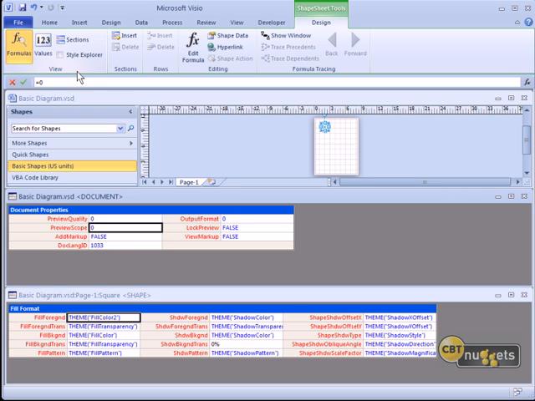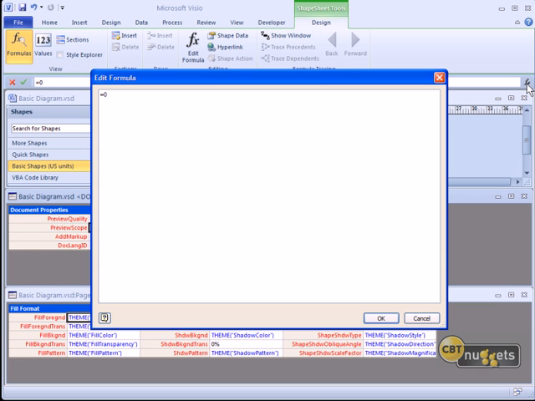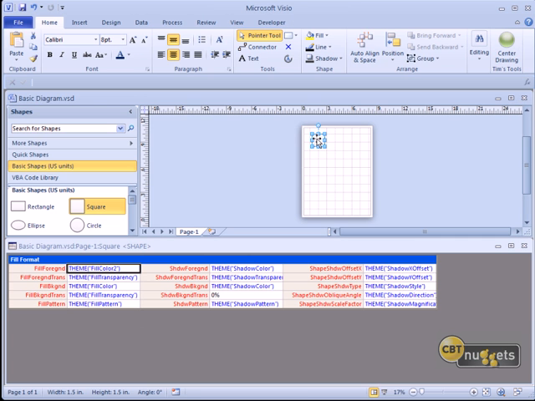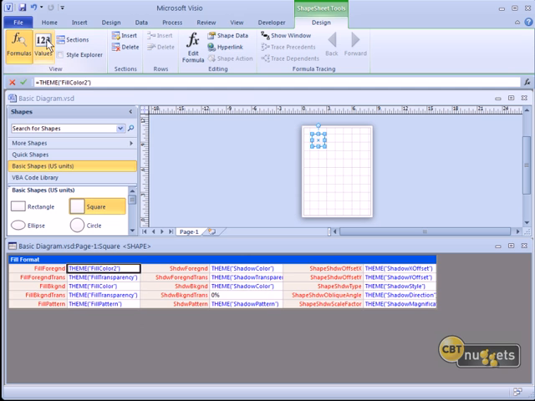Second pro tip I have for you is that when you're working up here in the formula bar, you can give yourself a lot more room to move by clicking the Edit Formula button over here at the right. Unfortunately, you can't increase the font. It's still very terribly small, but at least we have so much more room to work with in this particular dialog. Alright, so far so good. Now, you'll note that the view can be toggled in between formulas and values. Now, this isn't a particularly good example looking at the document properties. Let me close out of that and again focus on the shape level that has a lot more going on.